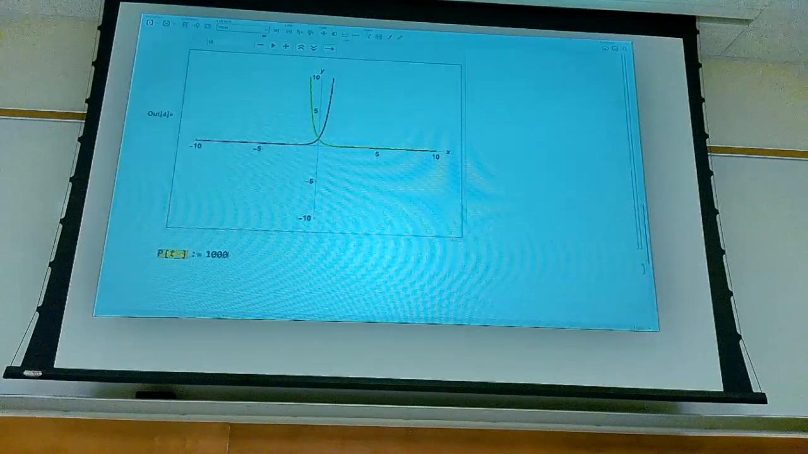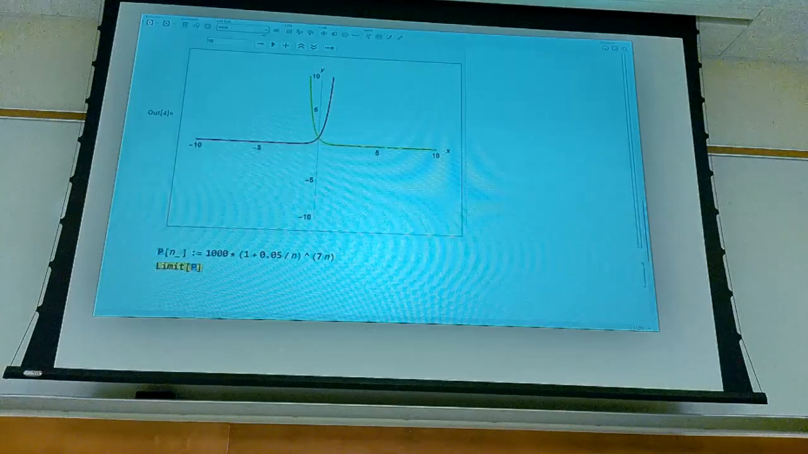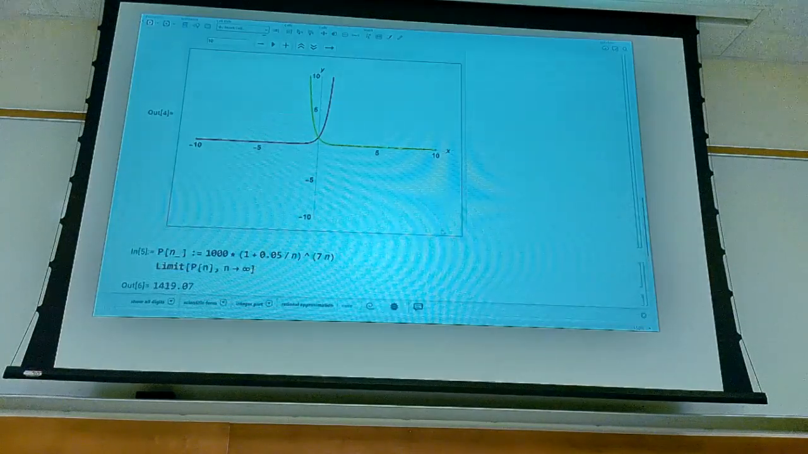Actually, it wasn't T, was it? It was N. 1,000 times 1 plus 5 over N raised to 7N. Limit P of N as N goes to infinity gives $1,419.07, and if I do this instead,